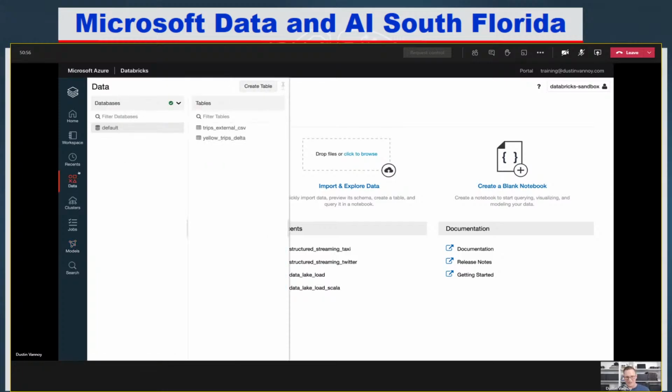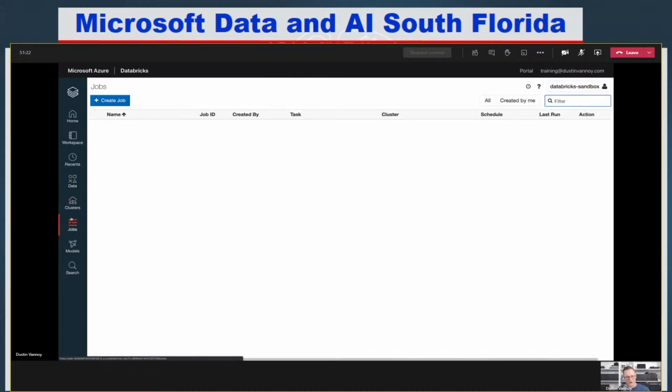One of the things I do find myself using, though, is the data pane, which is the tables I create within the Spark database. And so as we're working with Spark, we can register tables here, and that will keep the data around and easy to query for any other user that jumps on the cluster. In this case, these are actually shared across the whole workspace, which is a pretty cool thing, that we can share that metadata across the workspace if we like.